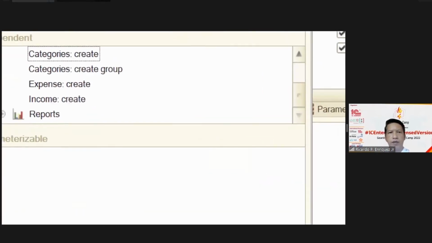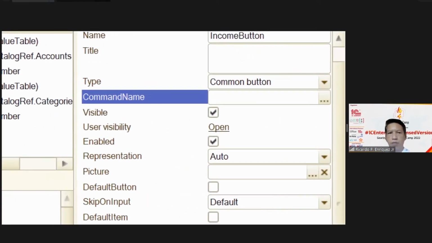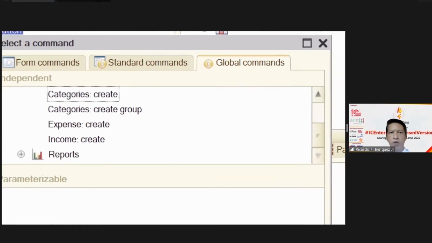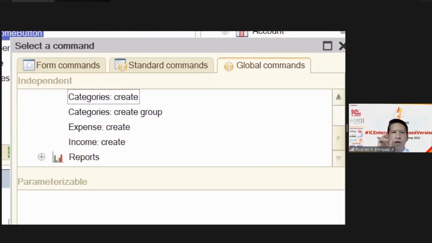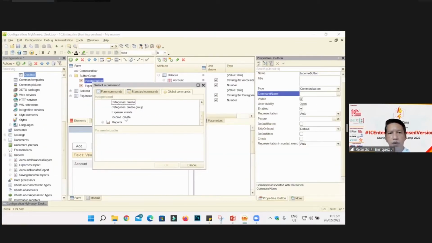When you click this ellipsis button under command name, it will display this window. So you have three tabs: form commands, standard commands, and then global commands. So go to global commands and let us choose income create, because remember the action that needs to be done by the income button, when you click it, it will add